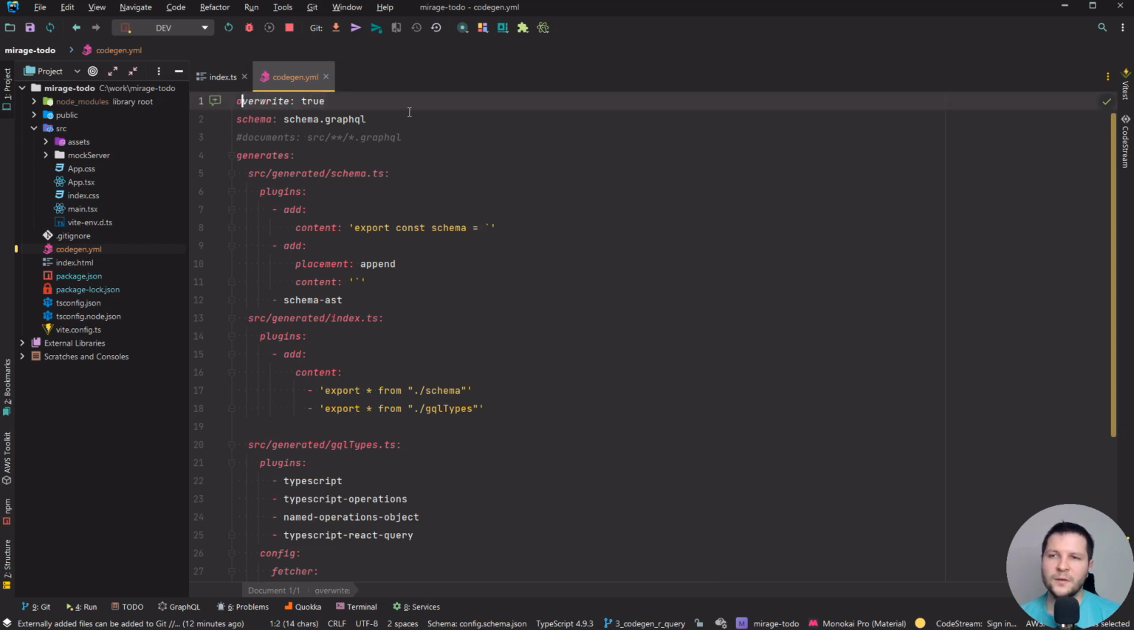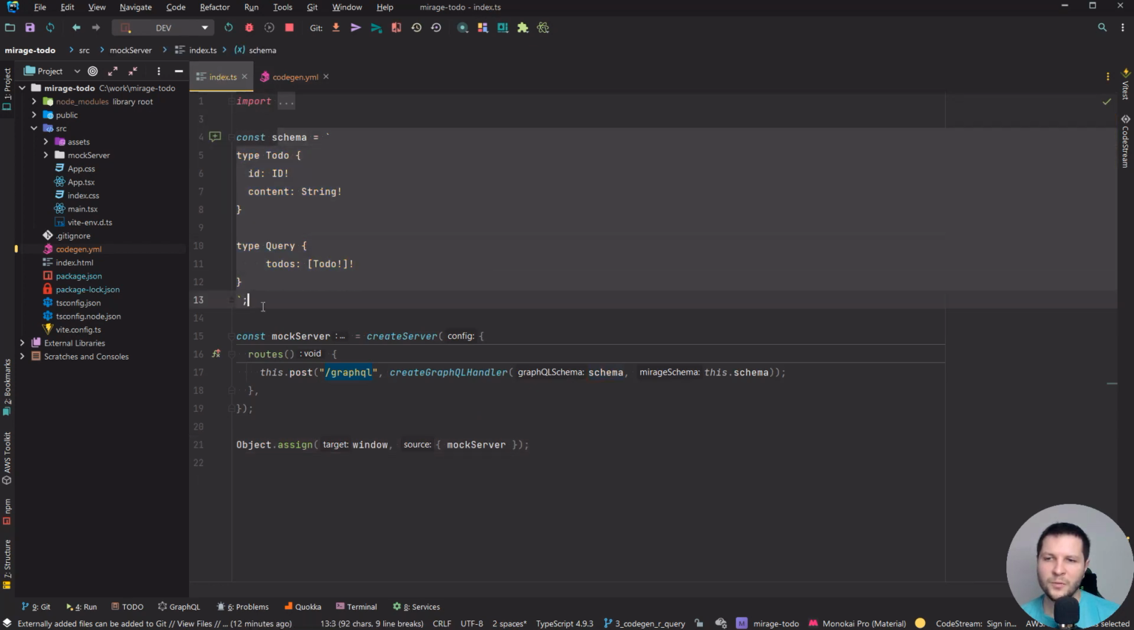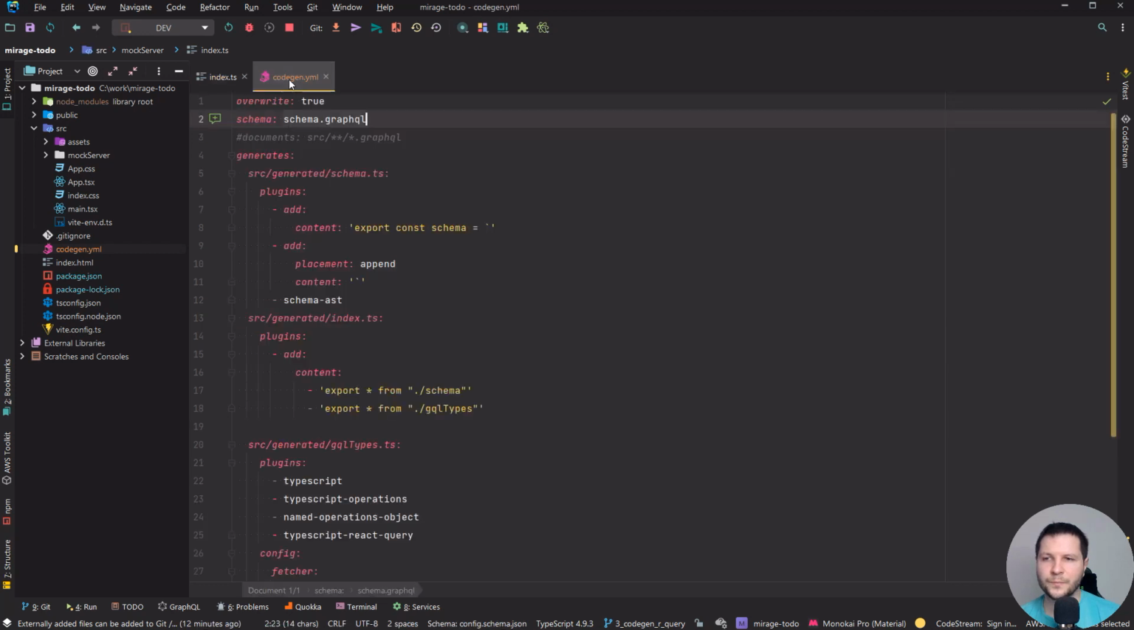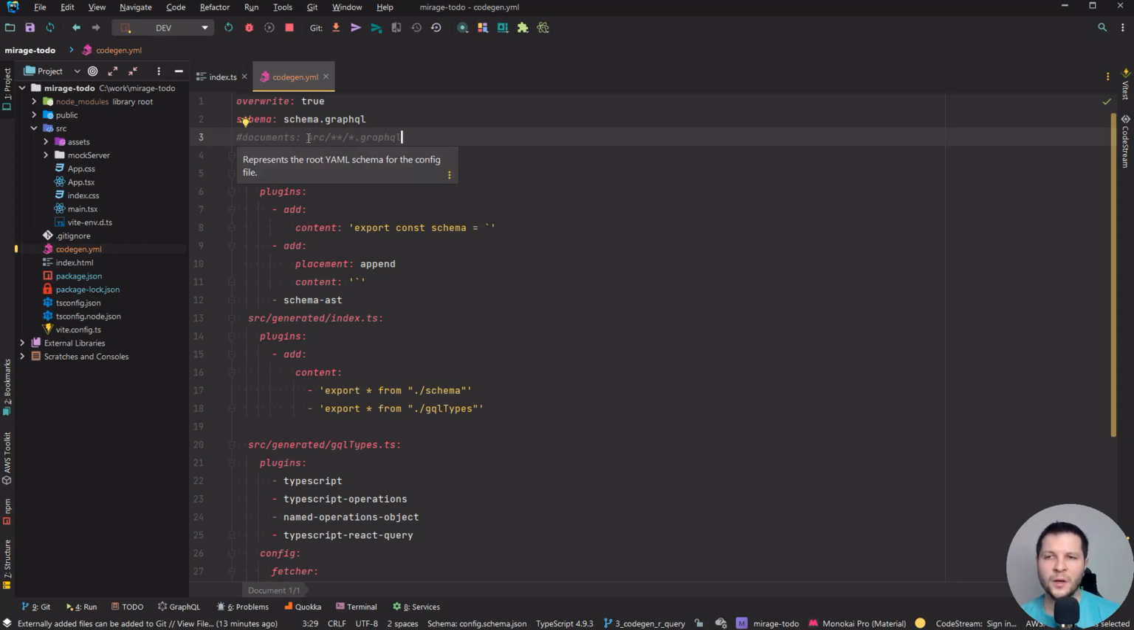The first line says every time we run code generator, if there is something generated, feel free to override it. The second line says take schema from file named schema.graphql. Currently we use string schema, but we are going to get rid of that in order to have proper schema. This line, we are going to ignore it for a moment. It says where to take GraphQL files for queries, but right now we don't have any queries, so for now